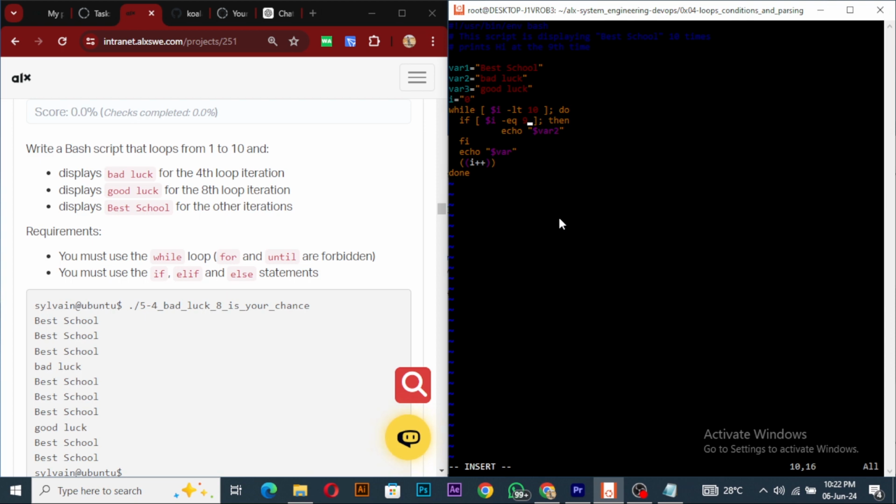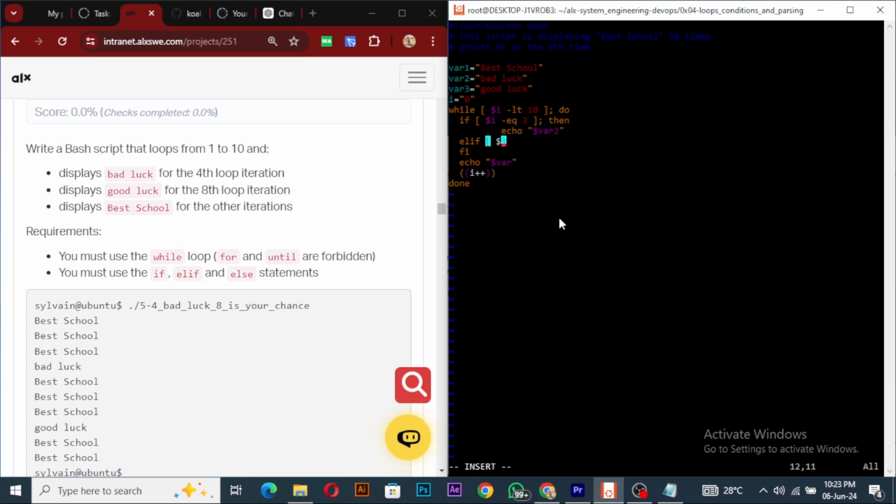So if the first one is equal to, so at the fourth one, it should echo bad luck, which is var 2. And we come down in that. So else if